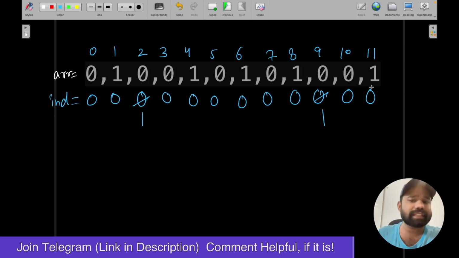There are only 2 indexes which are actually violating the rule of this, what I say,